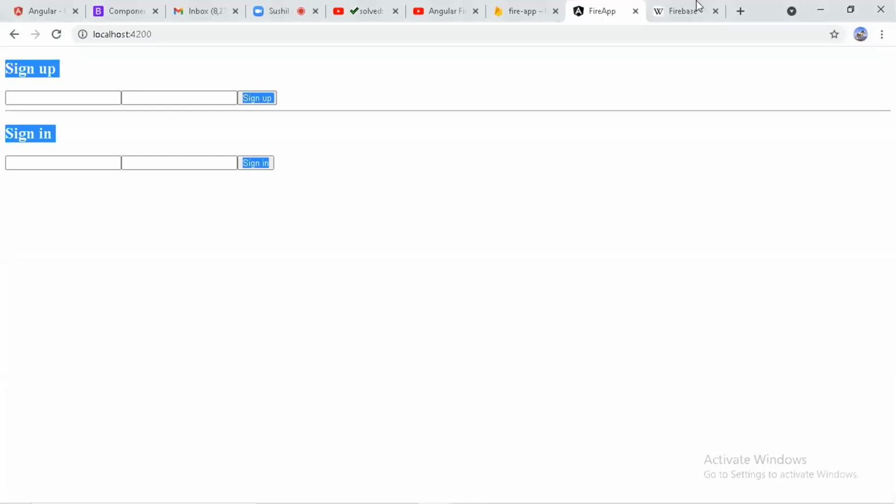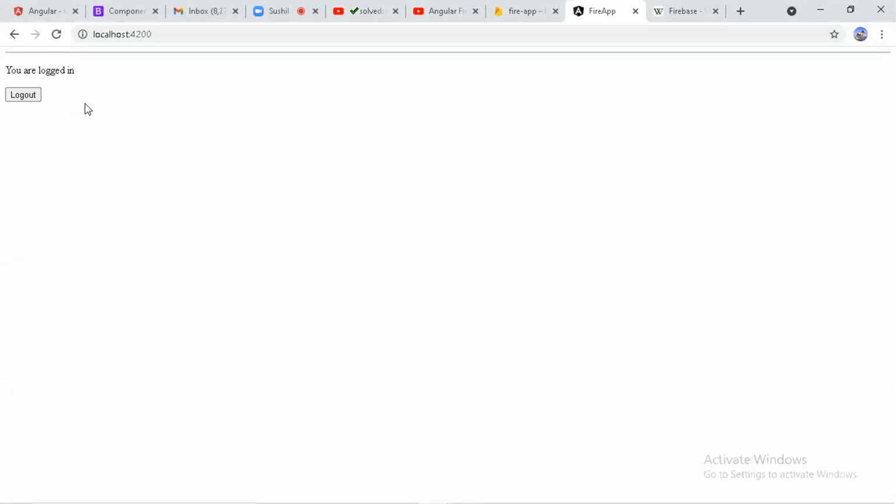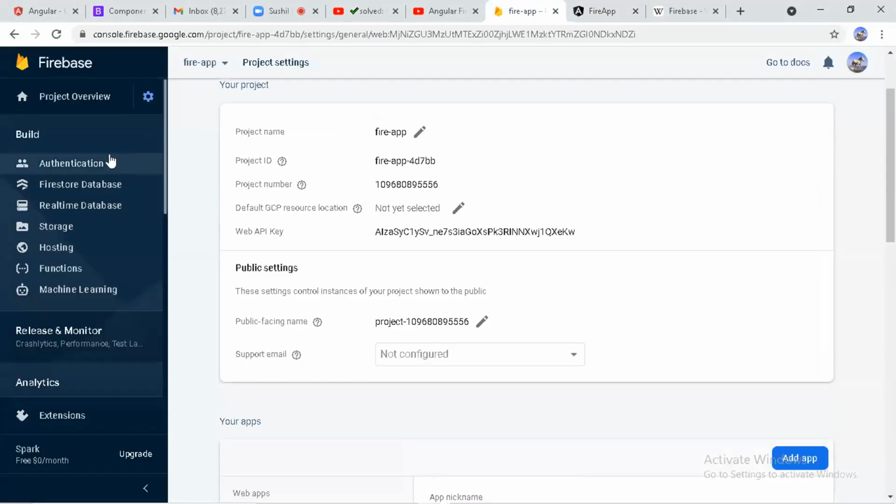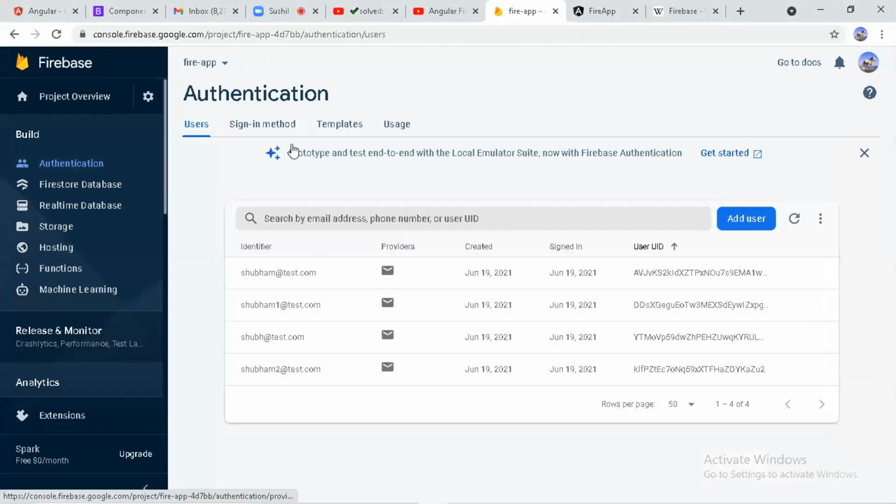So whenever I put here Shivam @desk.com, 1 2 3 4 5 6 7 8 and click on sign up, it does nothing because it is already present in my Firebase authentication.